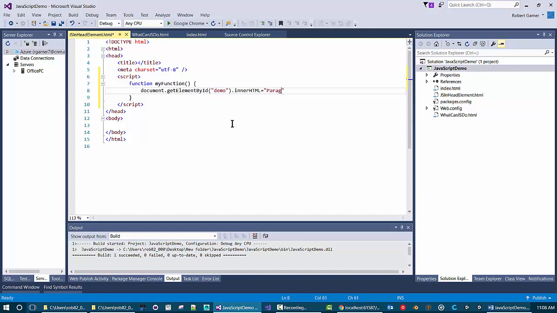We'll just make a function that will change the inner HTML of an element to just "paragraph changed", so that we can see that something's been clicked and that we can modify things. And so this is in the head block, and we put a script tag here, and then in the body,